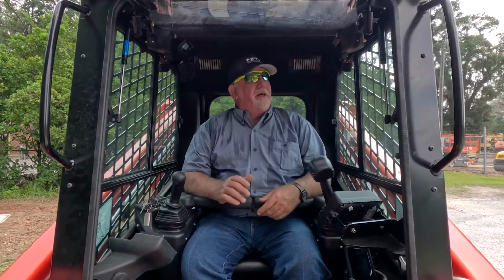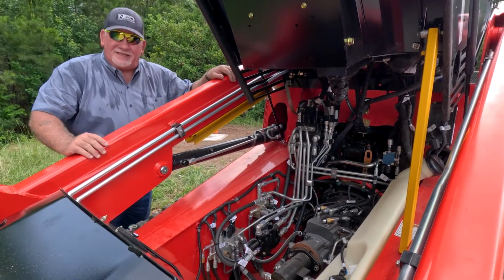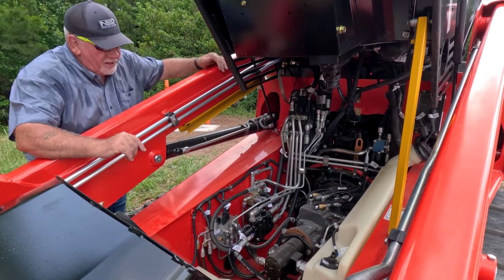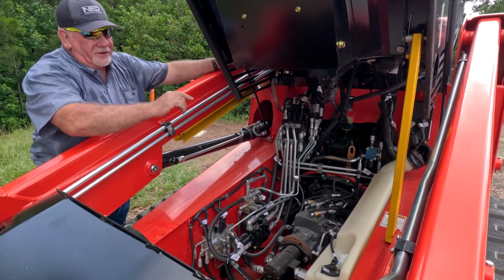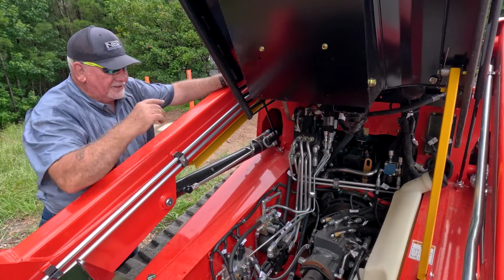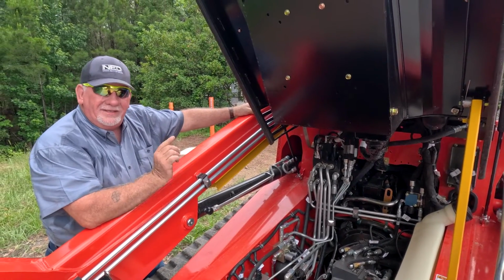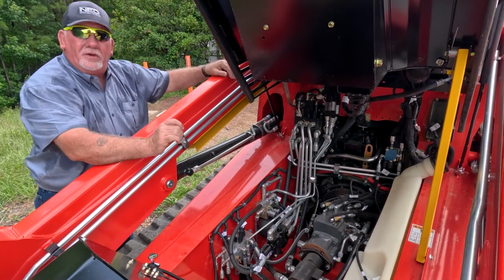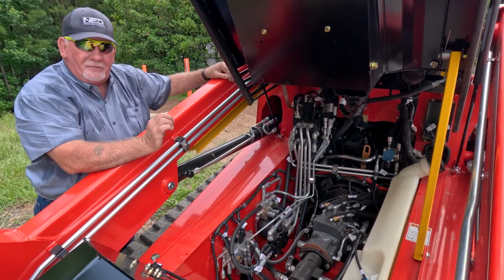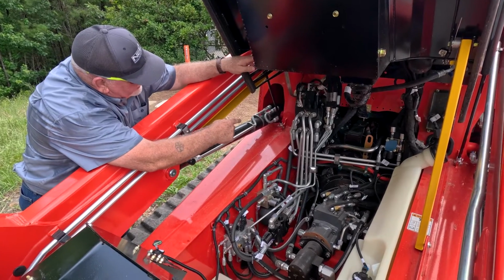Last thing I want to show you is one more serviceability point, which is under the cab of this machine. All right, to further the accessibility for service and repairs of this unit, I'd like to show you under the cab, which lifts up very easily. 2 gas charged cylinders, has a safety lock over there, the yellow bar locks it in place so no one gets hurt. As I said, we have a 72 horse Yanmar engine, direct drive. If you will notice, the pumps are directly connected to the engine. There is no belt drive on this machine for a belt or a rubber band to break as some of our competitors have. Easy access to the valve body,